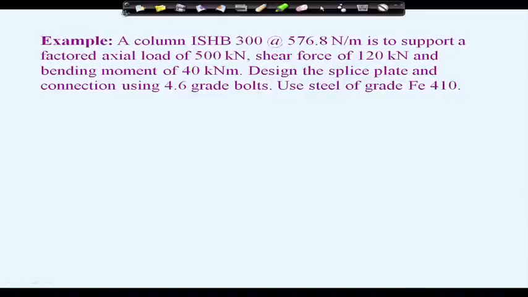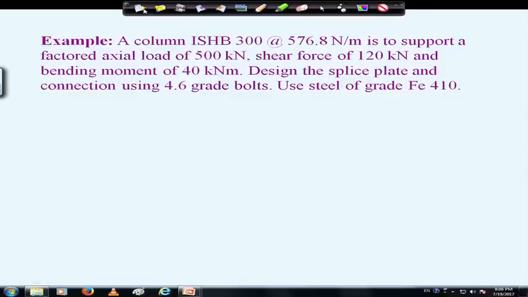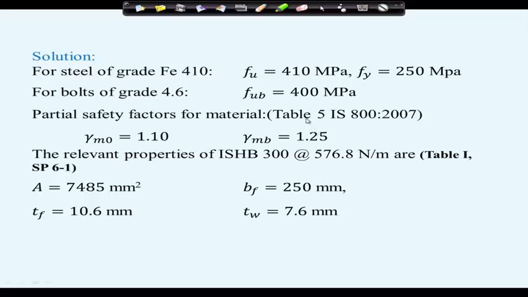So, this is the example we can consider, which was worked out in the last lecture: the column of ISHB 300 carrying a load of 500 kilonewton, shear force of 120 kilonewton and bending moment of 40 kilonewton meter, and we need to design the splice plate connection using 4.6 grade of bolt, right. For this we designed the splice plate due to bending moment and